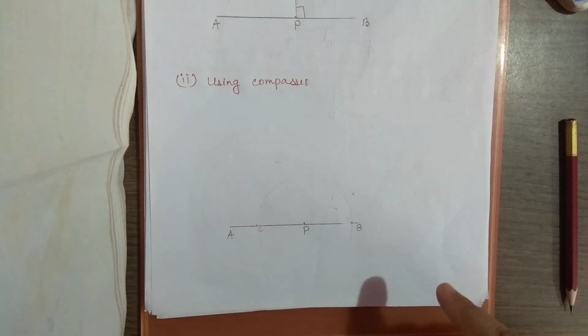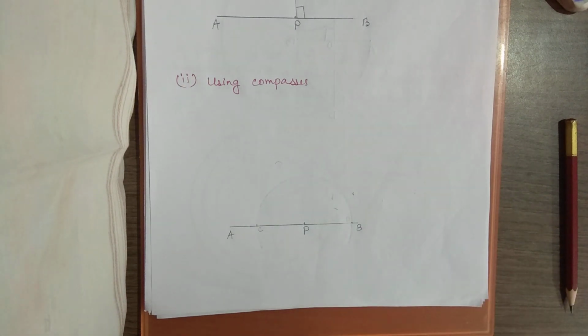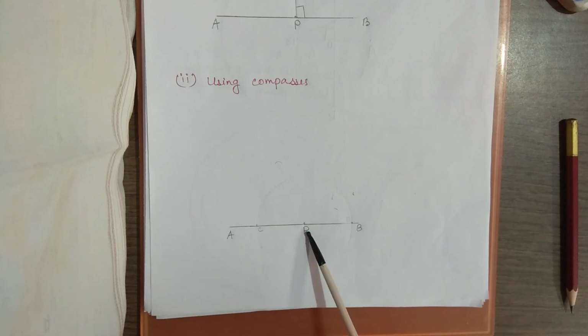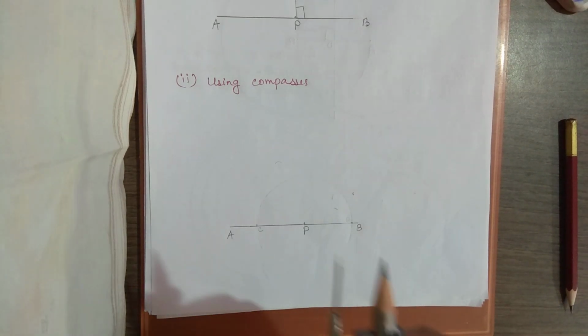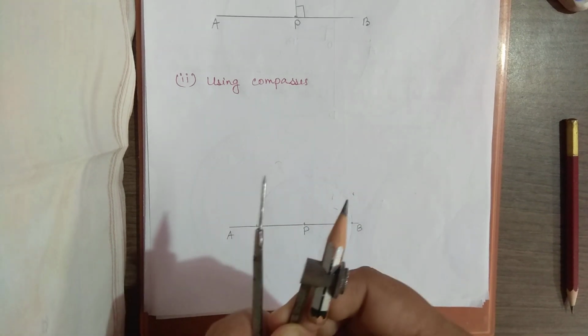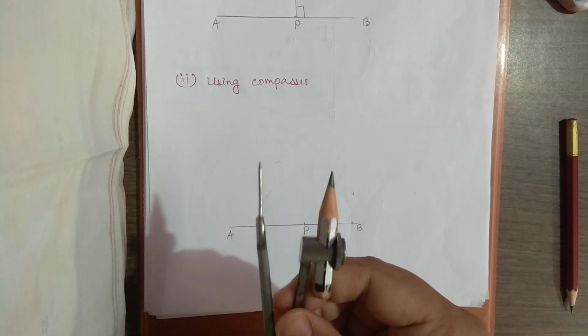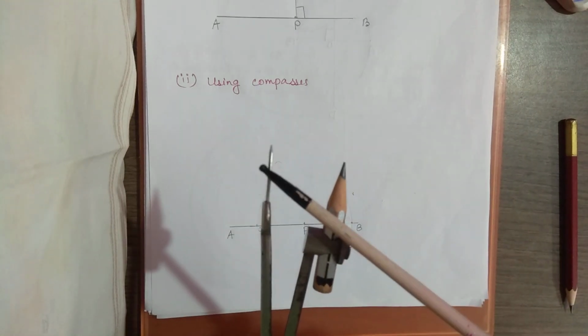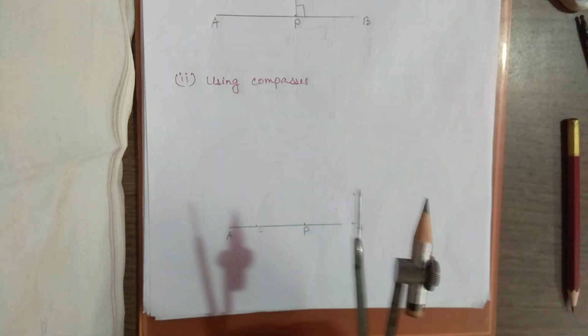We have taken an 8 centimeter line and from there we have marked point P. Now we will go with a compass. We have taken any radius in the compass. Now we will place the steel end of the compass at point P